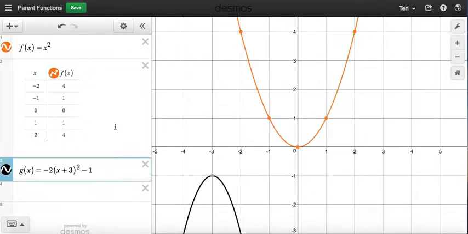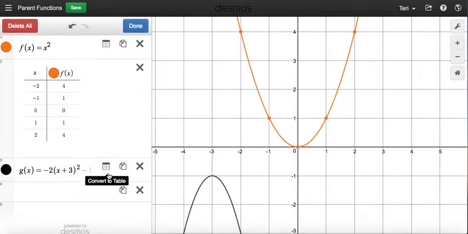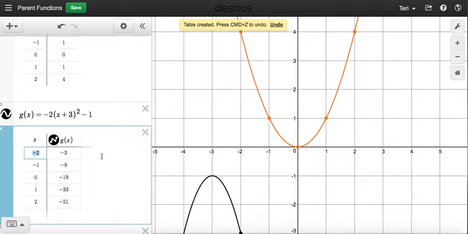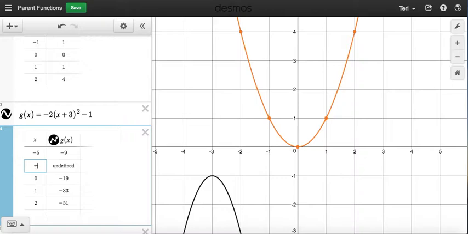Click on function number 2, Settings for Edit List, Convert to Table, and you can see points on the black transform function. You'll notice here, however, the x value stayed the same, so if you want to show that it moved 3 to the left and look at that table, just overwrite each of the x values by simply typing over top of them. And we're just going down by 3 units from what it was,